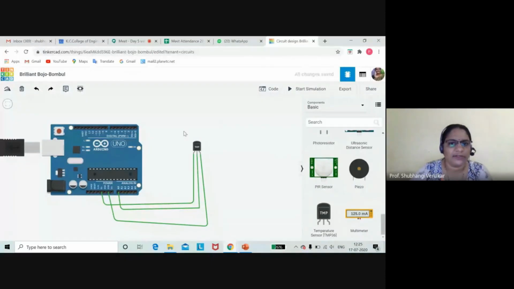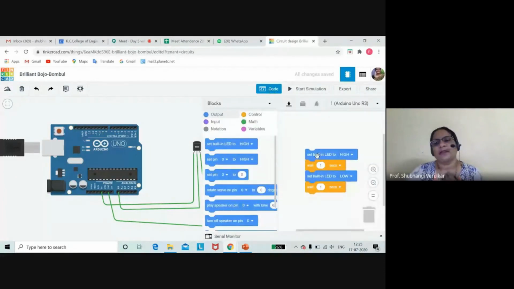I am going to read the temperature on the serial monitor. If you want, you can read this temperature and display it on an LCD display also. Okay, so it will be your choice. It's not quite possible that we will cover everything within 1 or 2 hours, so a lot of things you need to explore yourself. So what I am going to do, I am going to read the value and publish this value on the serial monitor. So I am going to show you another output end. So just go here, delete all those blocks.